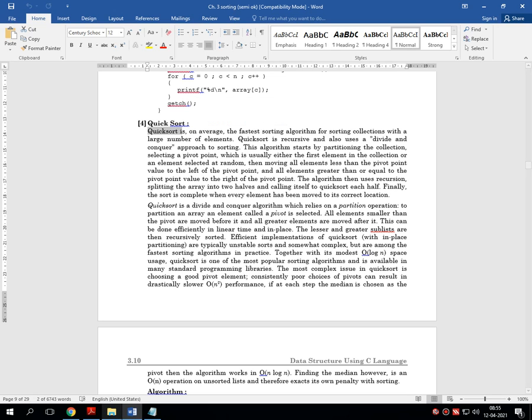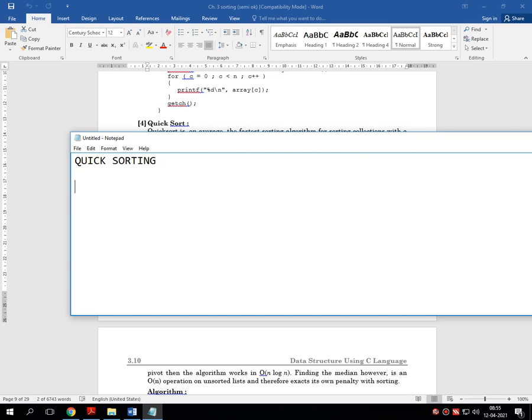Say for example, suppose we have inserted numbers like this: one, two, three, four, five, six. Total 6 numbers are there. The total number of elements in this one-dimensional array is 6.